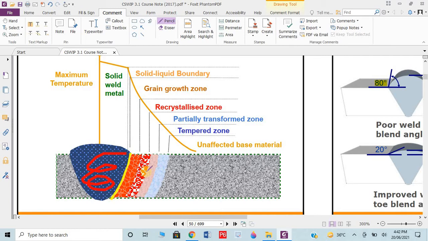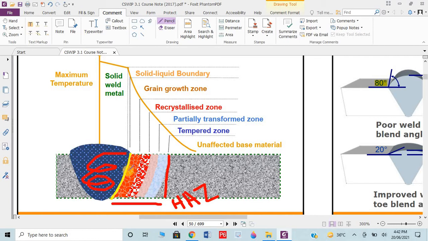From that area to the outside till here, this is our HAZ, the heat affected zone. Now from an examination point of view, please note down all the points in your copy, because I will explain in the lecture which points and which questions are important in exams, so you need to watch the entire video, and every minute of this video is important, and also note down the important points.